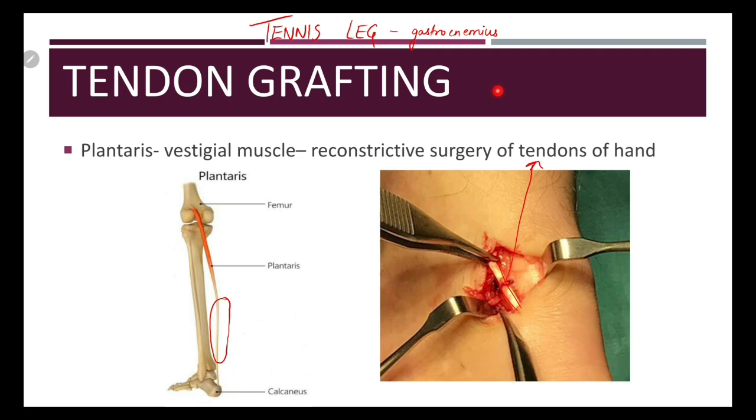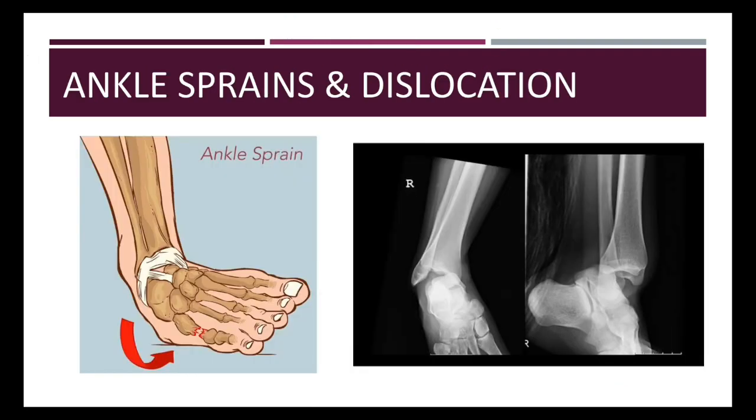Moving on to the ankle joint. First is ankle sprains. The excessive stretching and or tearing of the ligaments of the ankle joint is called ankle sprain. The ankle sprains are usually caused by the falls from a height or twist of the ankle. When the plantar flexed foot is excessively inverted, the anterior and posterior talofibular and calcaneofibular ligaments are stretched and torn. The anterior talofibular ligament is most commonly torn. So you can see this white thing here, these are your ligaments here, and as you can see the foot is twisted this way, there is an ankle sprain.